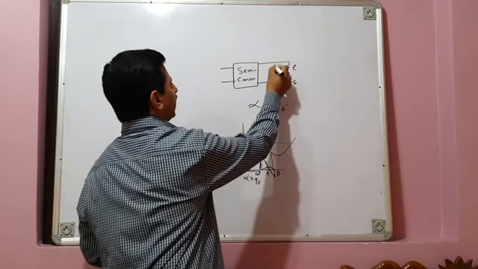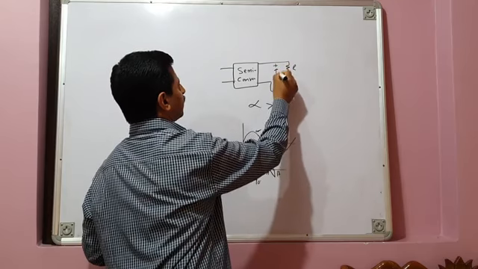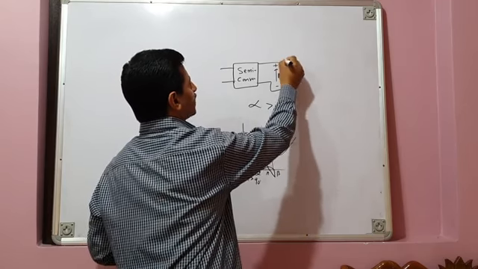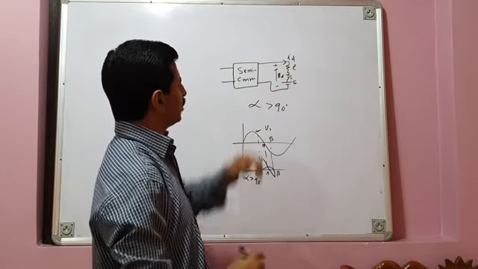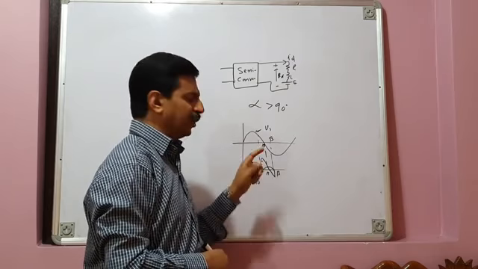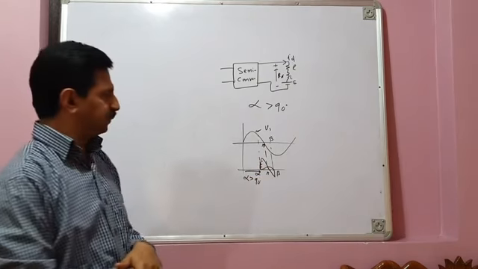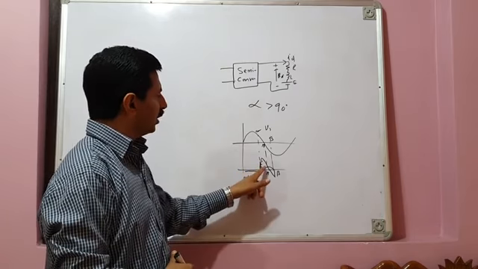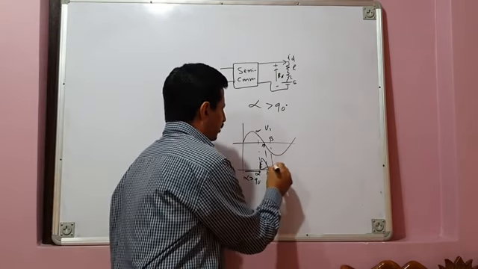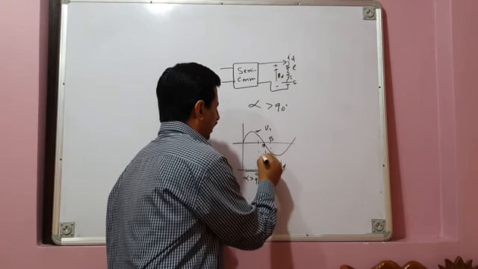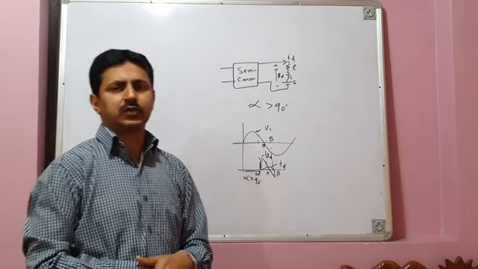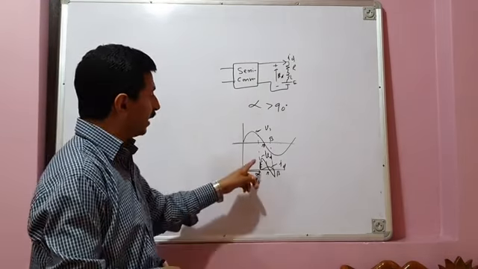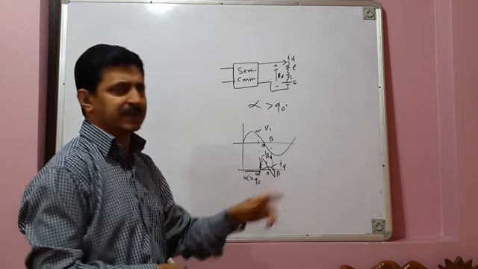The current is not able to sustain. If this is your load voltage VD, this is E. E always opposes the flow of load current, and since E opposes the flow of current, it makes the current quickly become equal to zero. So it's not possible for this load current to sustain. This is your load current ID and this is load voltage VD. Current rises and then it quickly falls to zero. It does not remain constant.